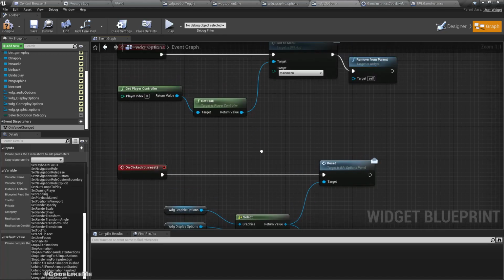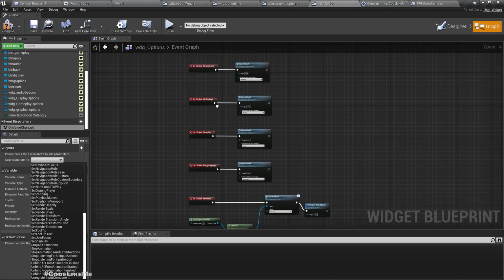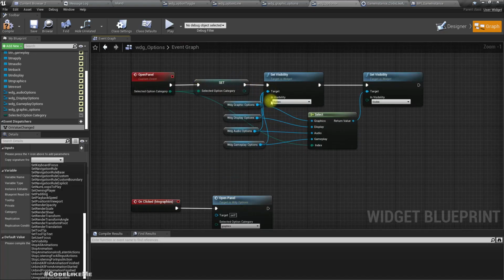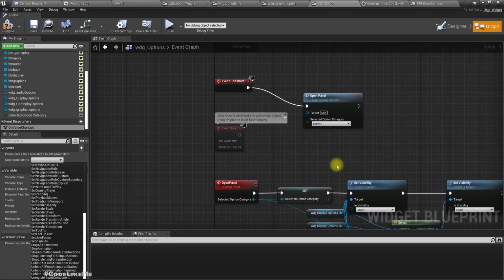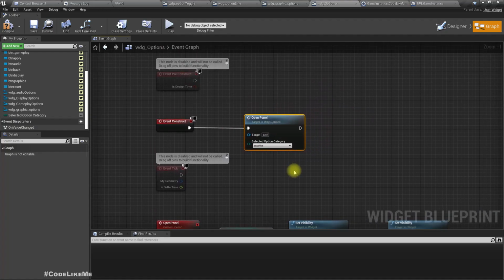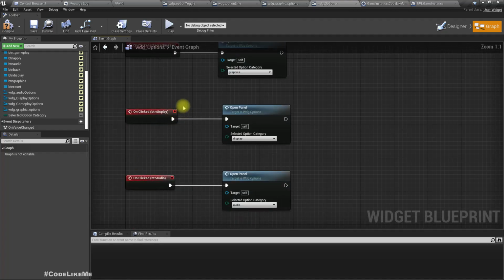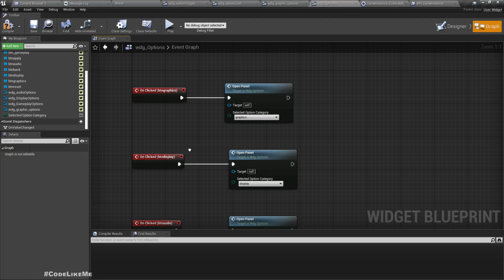Then when we set the value, using one of these buttons,